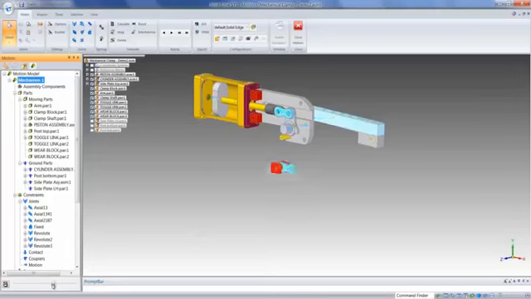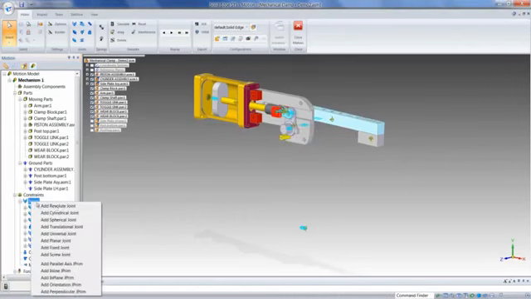Click, hold, and drag the slider button back and forth to replay the animation. You can also click on the slider button once and then roll the scroll button on the mouse. We can see in this case there are a few components that are not constrained properly. We can either go back to the Solid Edge assembly and add the appropriate constraints, or we can add the constraints here in Dynamic Designer